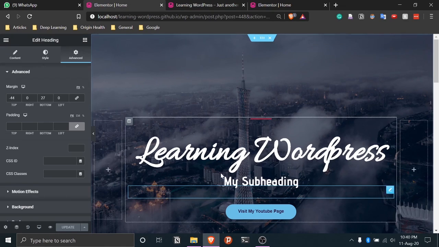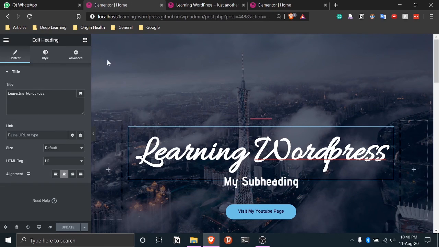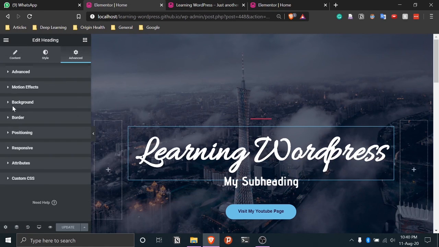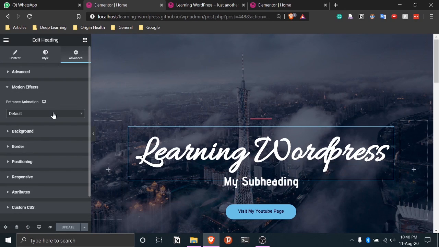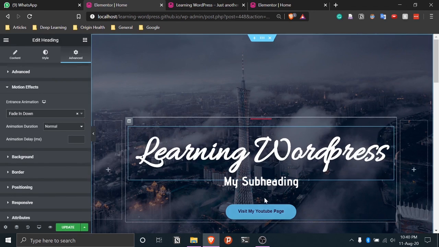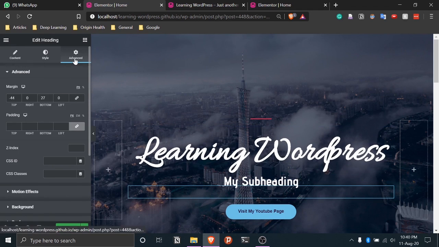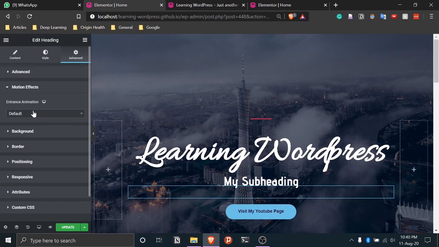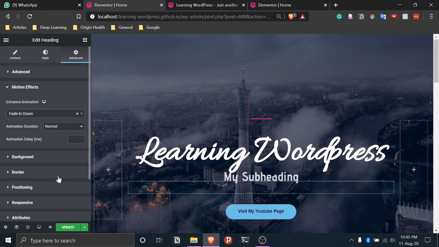So we come here, same way we select this, we go to advanced, the steps remain exactly the same, we go to animations, and then let's say we do fade in down. Similarly for subheading also, let's say we want fade in down, so we can choose fade in down here.